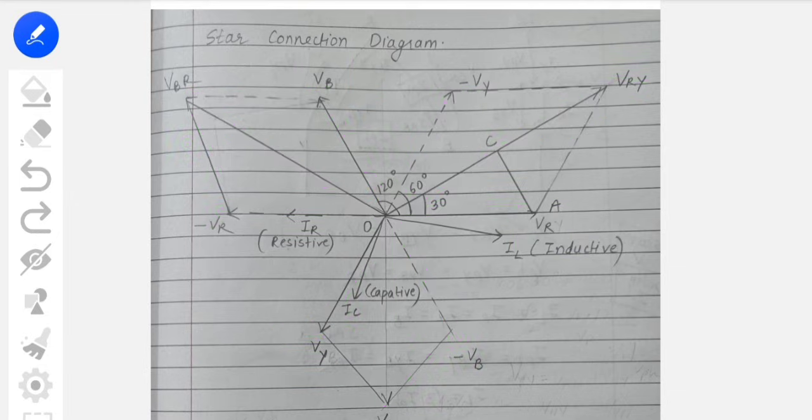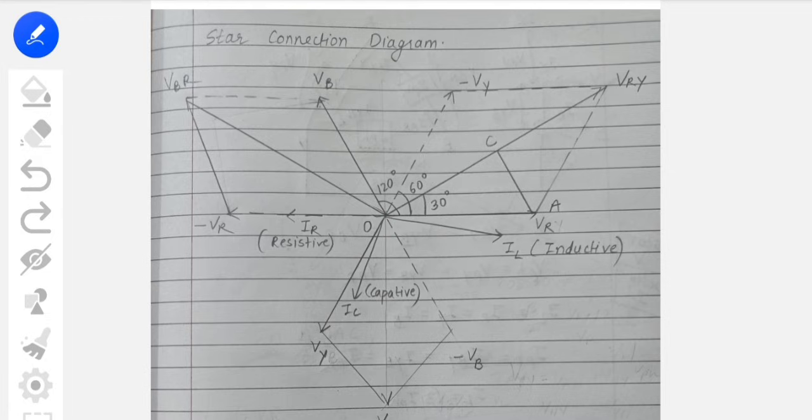In such a case, as we all know, in an inductance the current is lagging behind the voltage, right? So here you have to show the lagging current like this. Okay, this will be your lagging current. And if it is a capacitive circuit, you can show it in any voltage or any phase. Here it is capacitive, and as capacitive is leading, you have to show it like this. Okay, so if they have asked for the complete inductive, all three phases you can draw for inductive. The better diagram I have kept in delta connection, so you will get clarity over there.